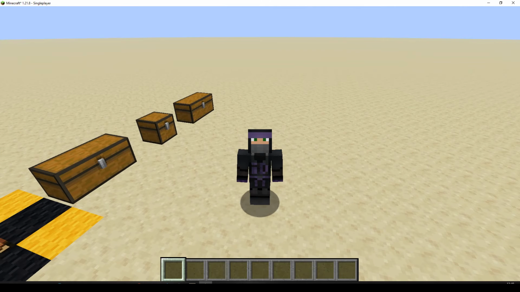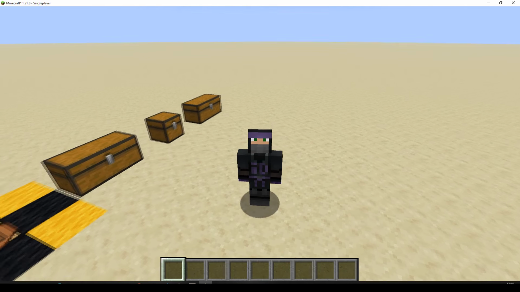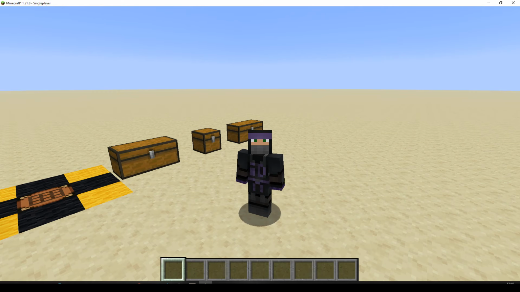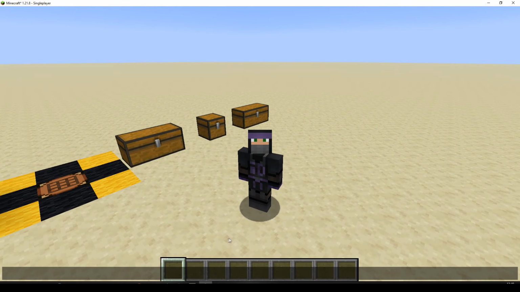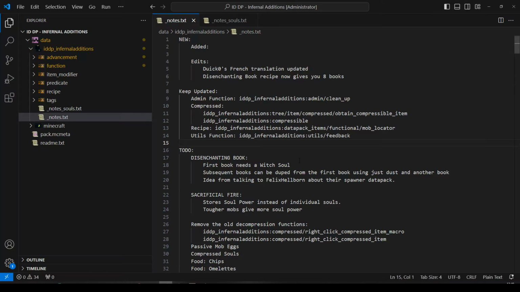Today is not really going to be so much of an addition, it's going to be more questions for you. Okay, so I haven't really got anything to show you, we're just going to go straight over to the Datapack. Here we go. Now, what I wanted to do, at the moment, the Disenchanting Book recipe gives you 8 books